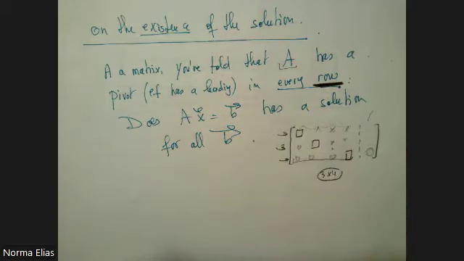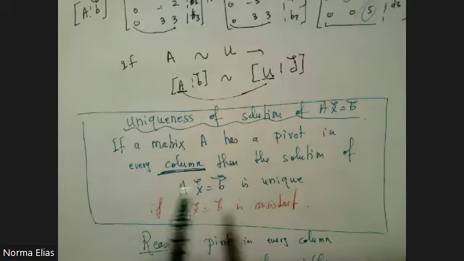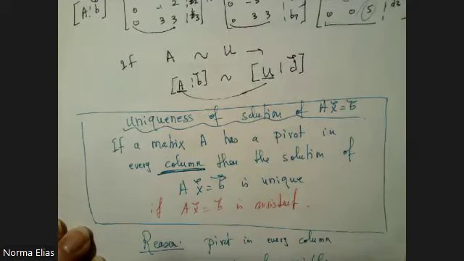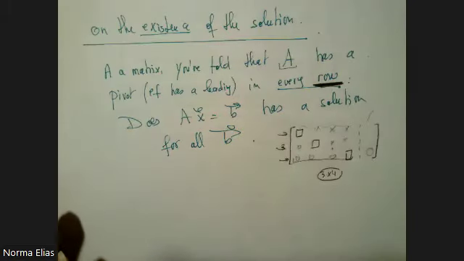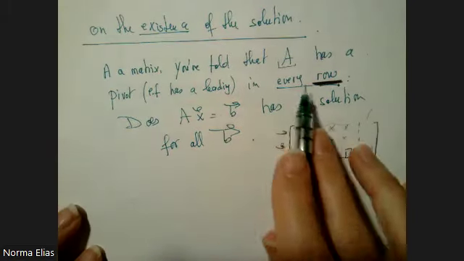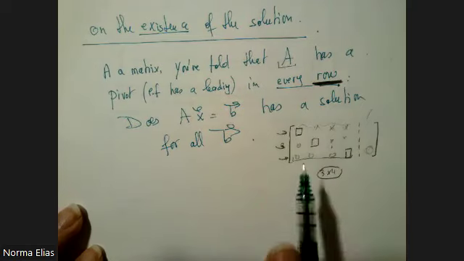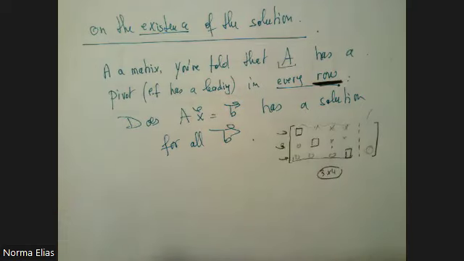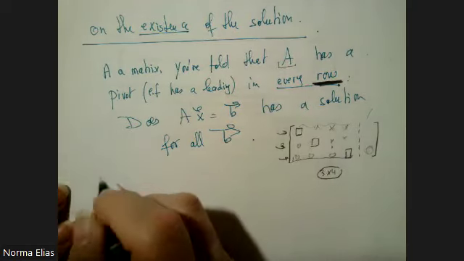So we definitely have a solution for all B. As you realize, all my conditions are now on the coefficient matrix. The first one tells me if the coefficient matrix has a pivot in every column, then the solution is unique once we have a solution. Now I'm talking about the coefficient matrix having a pivot in every row, and I'm telling you that it has a solution for all B. So the answer is yes,